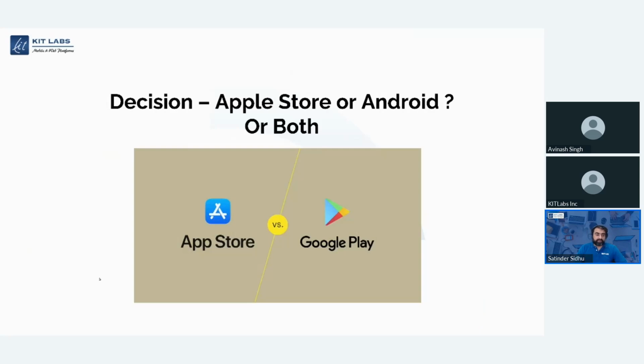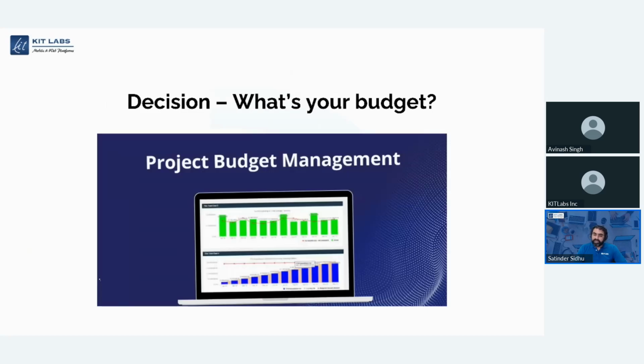Then you also want to find out where your audience is. Do you think that your audience is more on Android phones or they are iPhone users? We have seen a mix of user base in the United States and across the world also. Sometimes our customers do some study. If you already have a website, from the website we can analyze how many people are coming from Android or iOS, or maybe you want to make for both of those platforms in the beginning, right? So that is also one of the decisions you need to make.